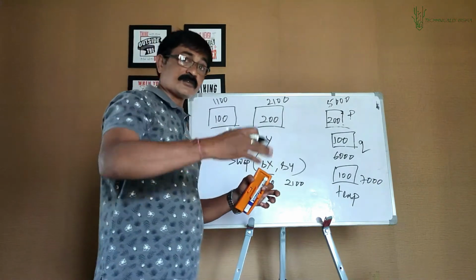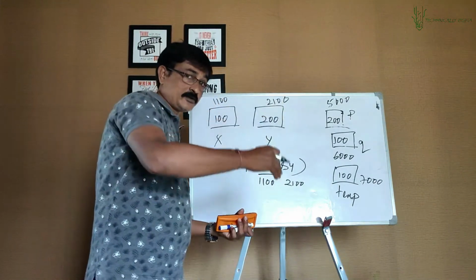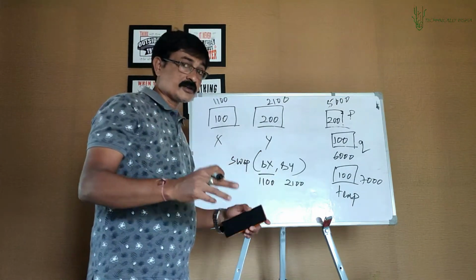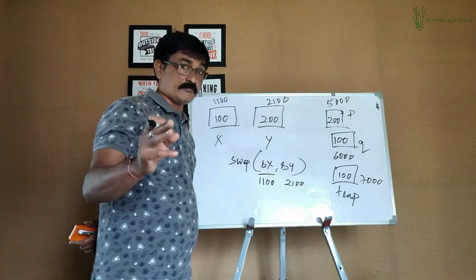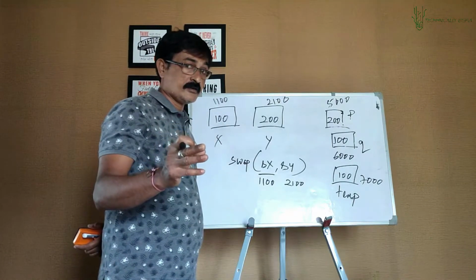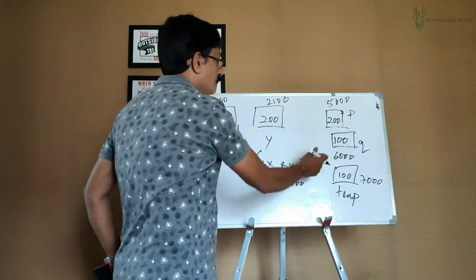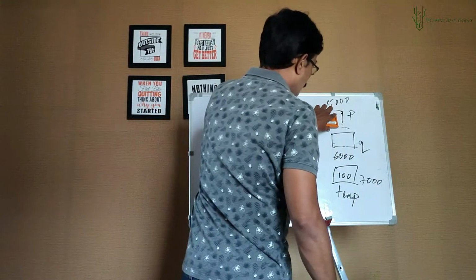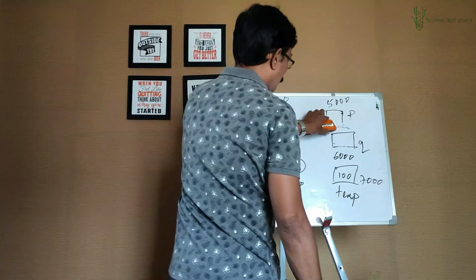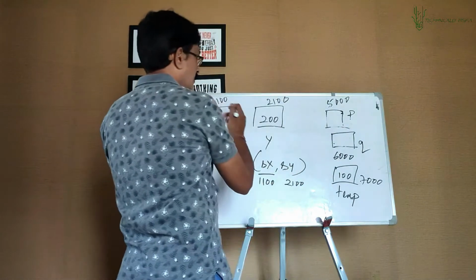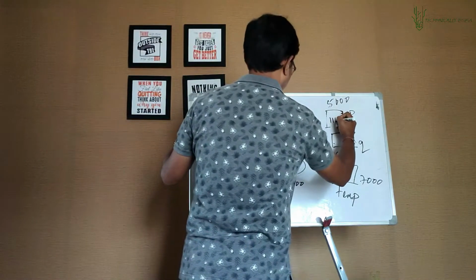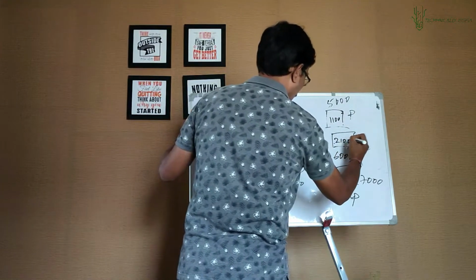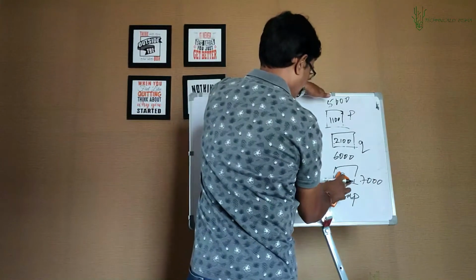And remember, try to recall the example, or you can go back to the slide again. In the sub function, I had two pointer type variables, p and q. Now p and q, assume they are pointer type variables, and they can hold addresses. So now p and q will not hold values, rather they will have addresses. P will have the address of x, that is 1100, and q will have the address of y, that is 2100. And of course you have a variable temp as usual.